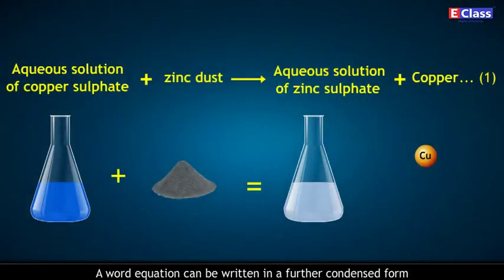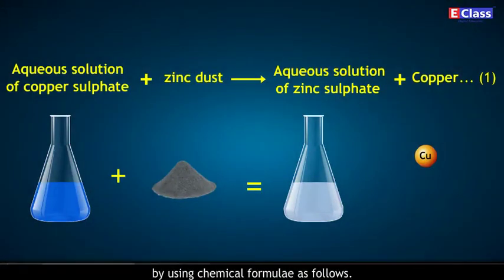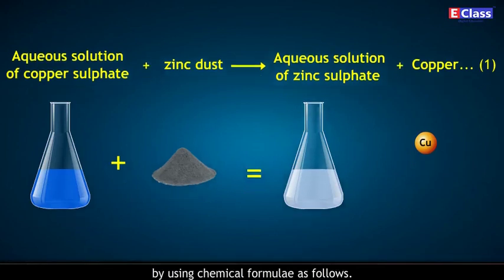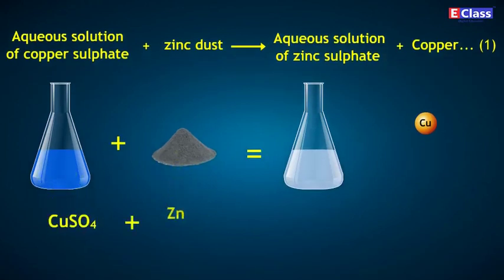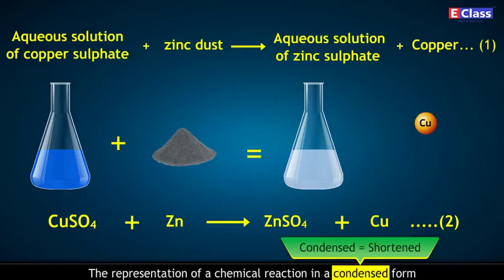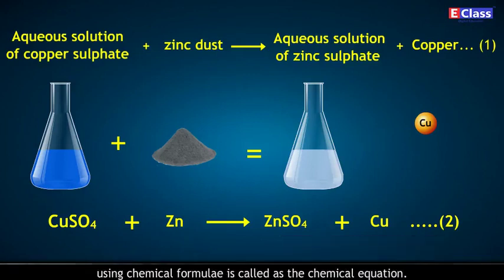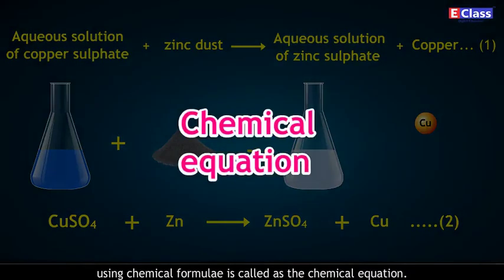A word equation can be written in a further condensed form by using chemical formulae as follows. CuSO4 plus Zn gives ZnSO4 plus Cu. Statement 2. The representation of a chemical reaction in a condensed form using chemical formulae is called the chemical